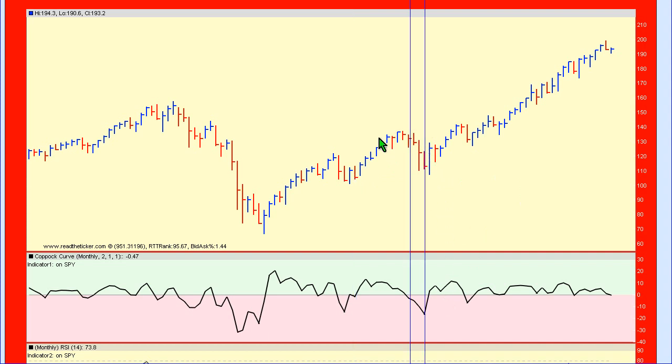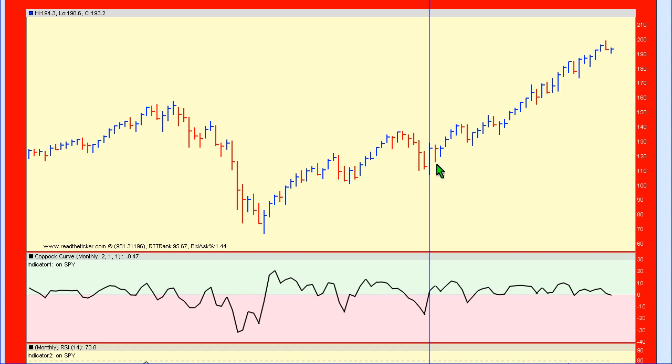Once again, here we had a very deep smash down of the red bars, which took out many months of up bars. As you can see, the copy curve rate of change smashes into the red zone. You need time to repair. This is the first month of repair, and as you see, it gives you a perfect little weak month here, and pretty much was off to the races after that. So sharp down moves